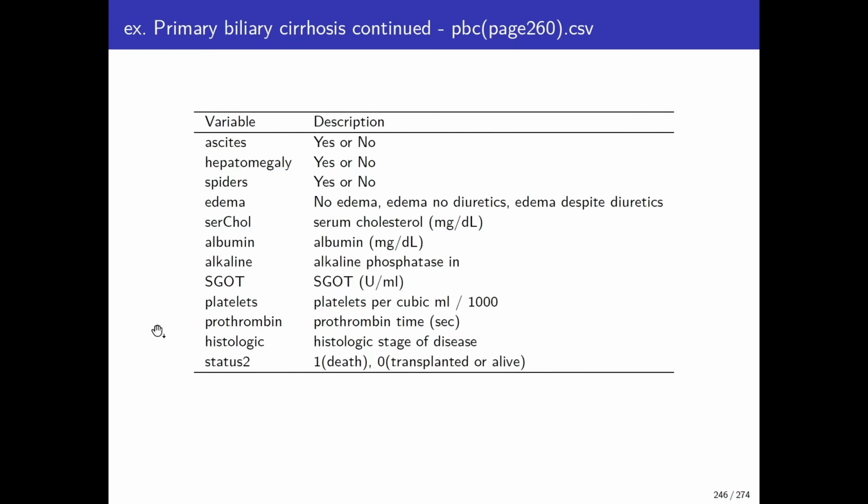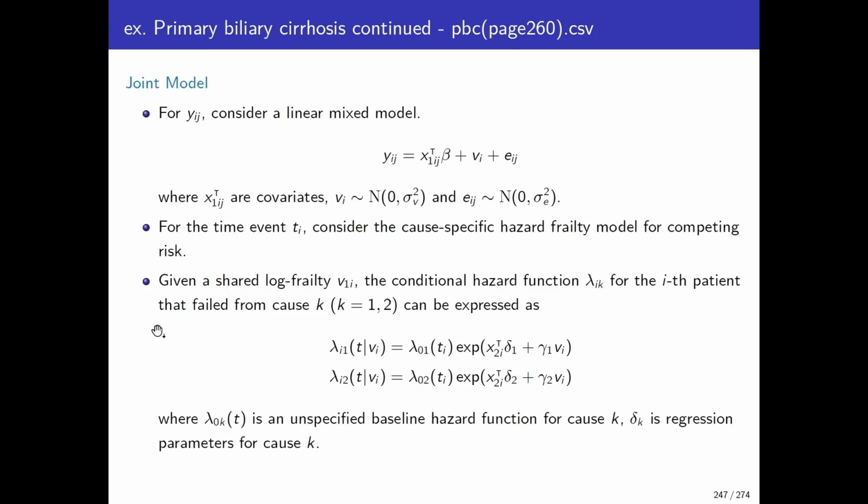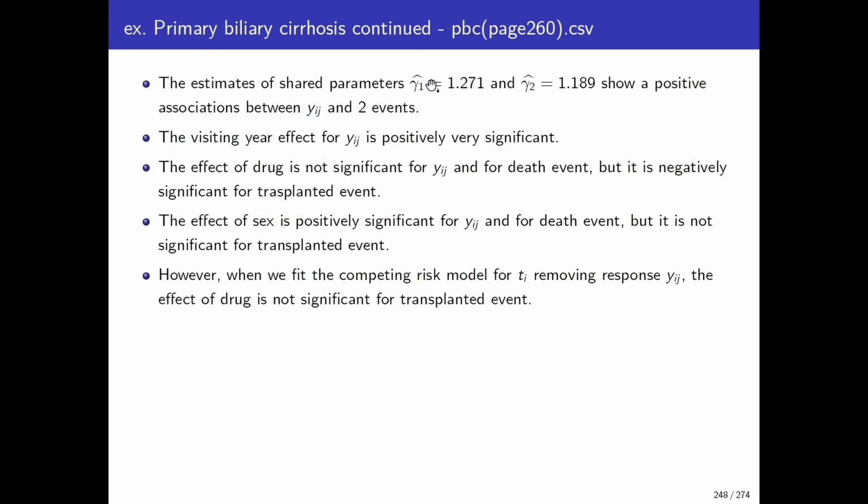For joint models, same as the previous example. The estimates of association parameters gamma1 hat is 1.2 and gamma2 hat is 1.1, show a positive association